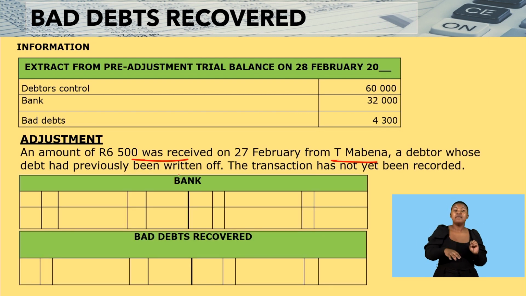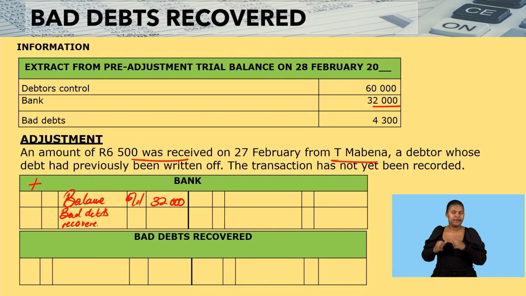Here is how we record it. In the bank account, remember it's an asset, so it's a plus. I have the balance, 32,000. So I'm coming here and I'm going to say balance brought down 32,000. And an amount of 6,500 has been received. So I'll come here and I'm going to have my bad debts recovered. And this bad debts recovered, we have received it. So it's from the CRJ,